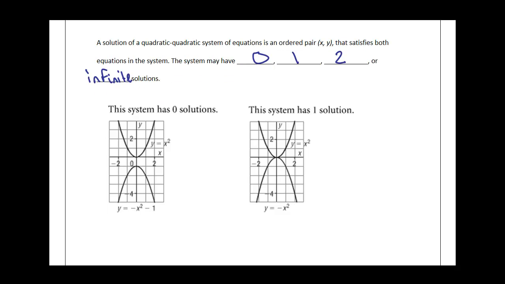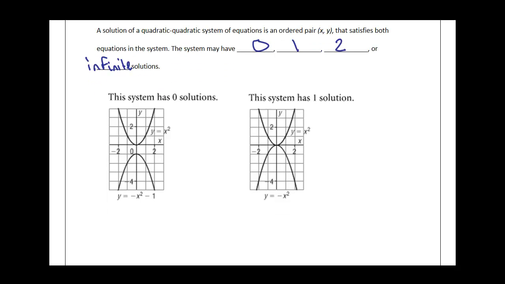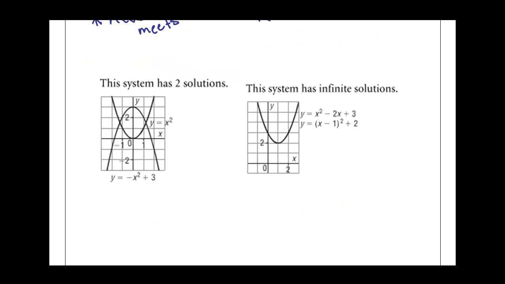So looking at each case, we have a system that has 0 solutions. So again, it never meets. There's no intersection or meeting at a single point. There's a separation here. And then a system with 1 solution meets at 1 point. So like I said before, it just kisses, just touches there. A system with 2 solutions crosses at 2 points here. So we can say it crosses